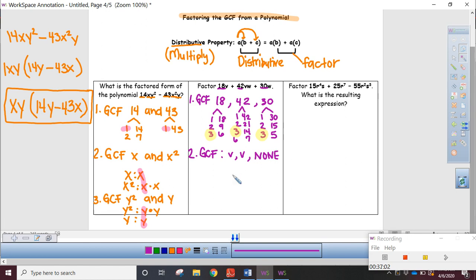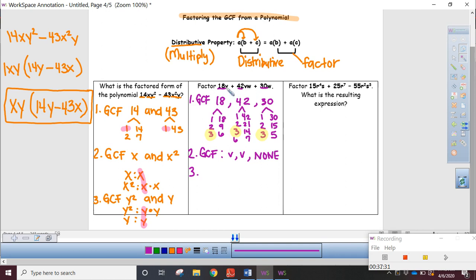So in this particular example, they don't even have a v in common. The first 2 terms did, but the third term did not. And so that makes it that it does not have a v in common. So let's now take a look at the third part of this example, which is the last variable, which is